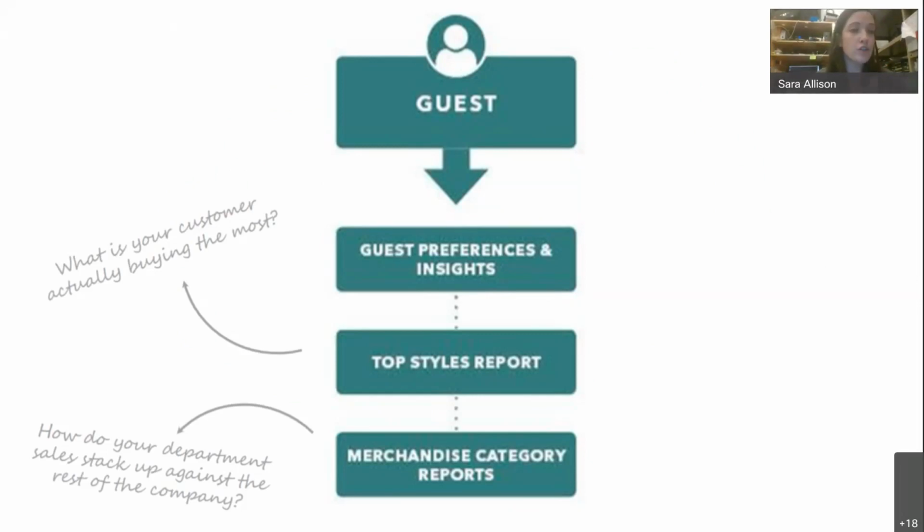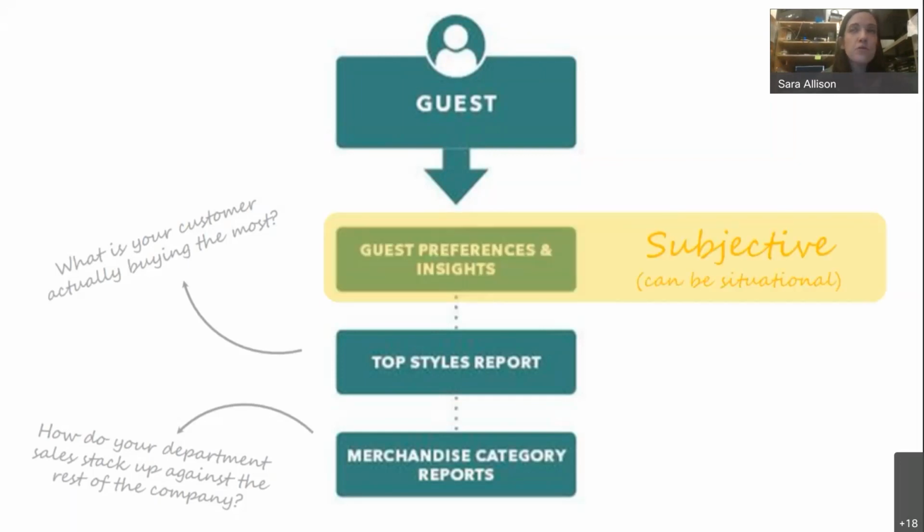Are we tracking with those original goals for each category? Am I comping the same as the rest of the company? If I'm down in bralettes, but the company's up in bralettes, I may need to look at how I'm merchandising my bralettes differently in my store to get up to the company average. So that's the first part of the guest filter, the reporting piece. And then the other part is much more subjective.